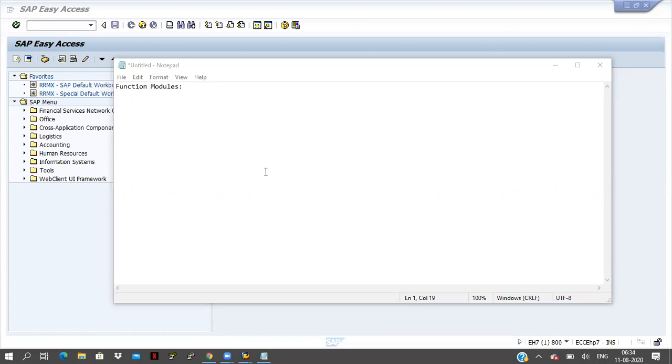So what's the use of modularization techniques? We are dividing the code into some blocks, and we are reusing that one. Same thing with function modules; this is also a reusable concept. We will create one function module and we can use that same function module in n number of programs. So this is the concept.